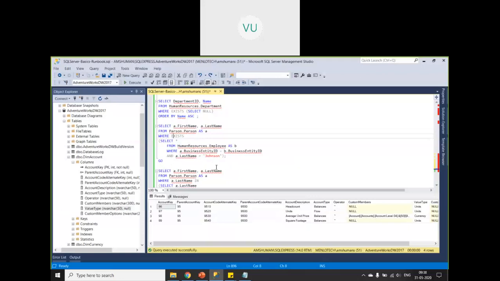Okay. Same thing with not exists. Not exists means if there are no records returned, it will return true. If there are any records returned, it will return false. Right? Opposite of exists. When you say exists, if there are any records, it will return true. If there are no records from the inner query, it will return false. Okay.